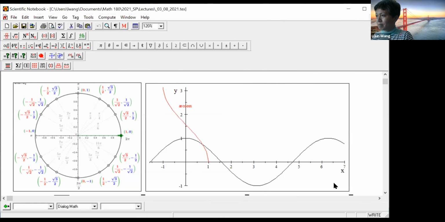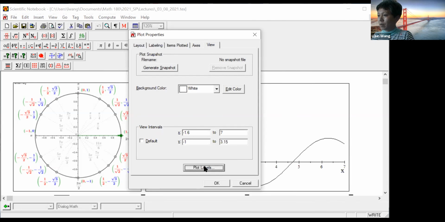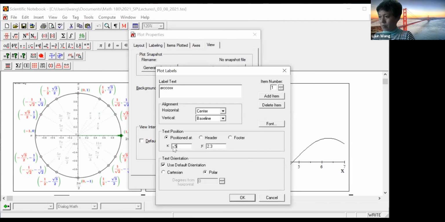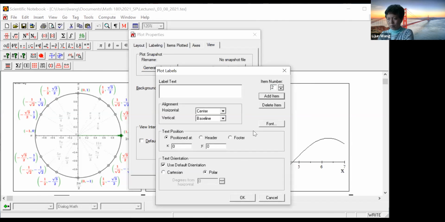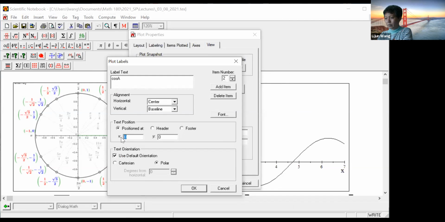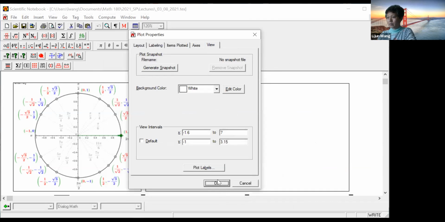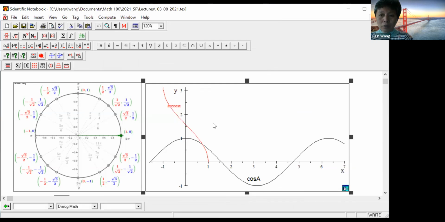The red is arc cosine. Do you follow me? In all of your studies from this point,